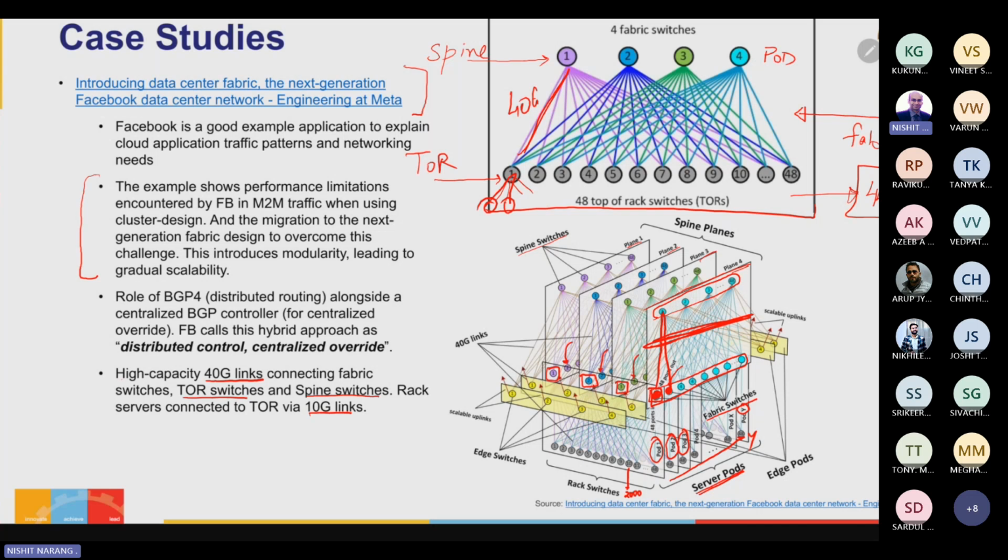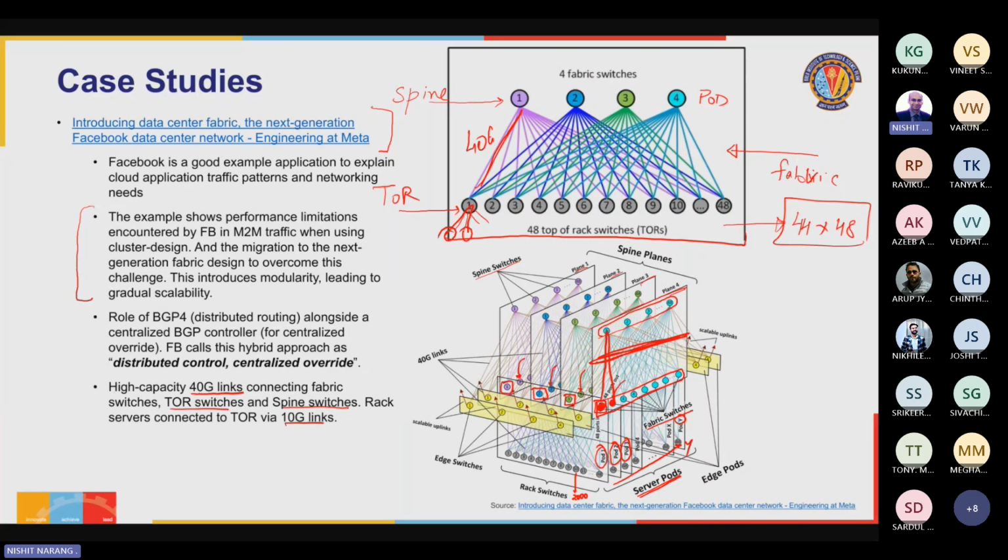So this is one paper that you may want to read, even though I've given you the gist of what it is. It is a good read if you have time and if you can spare time to